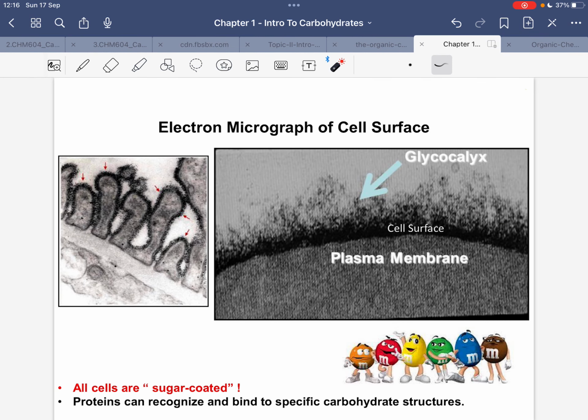And here is an evidence nga ang cell surface is daghan siya carbohydrates. And this one is called a glycocalyx. Ang glycocalyx, it's a very complex murag gelatinous type of layering outside sa cell wherein ka-compose siya of various carbohydrates, glycolipids, glycoproteins. It's a complex aggregation of those carbohydrates, okay? And even the derivatives. And of course, we all agree nga all cells are sugar coated, either animal cell or plant cell. So, unsa pa man na siya nga cell, all of it have carbohydrates.